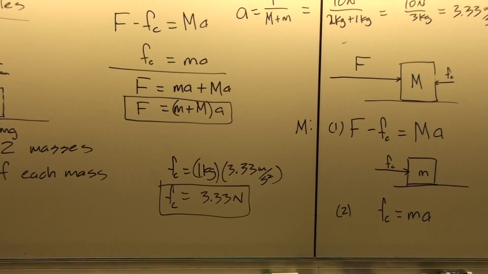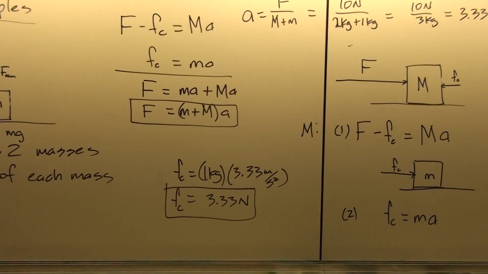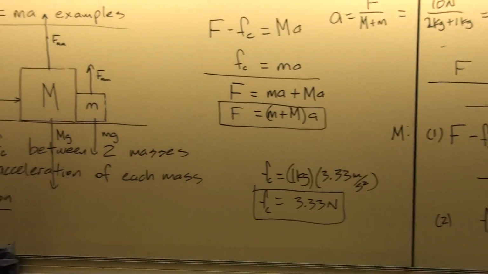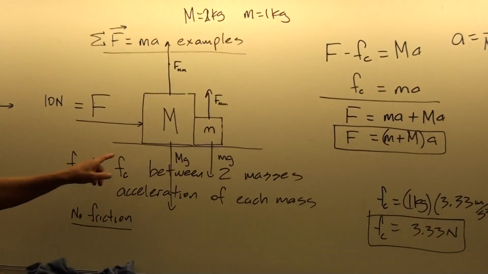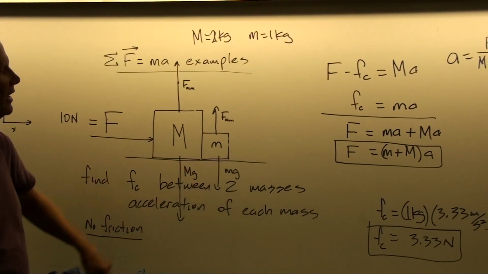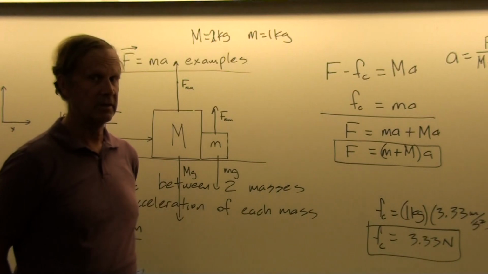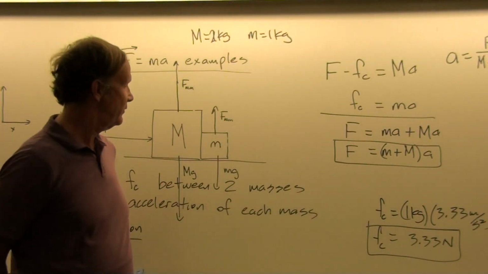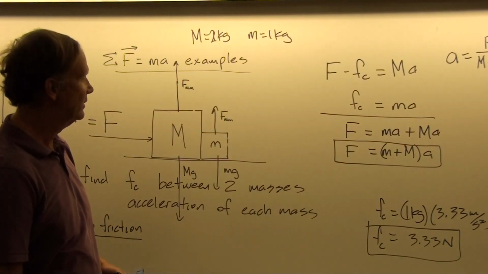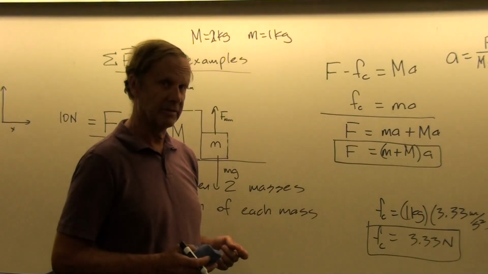Okay, so that's our general procedure then for solving this kind of a problem, where we have two masses that are coupled together. Now, you might wonder, well, what if I change places? I put little m here and big M there. Would that change the acceleration? What do you think? If I just switch the masses but keep the force pushing from the left? No, it wouldn't change the acceleration. But would it change the contact force?